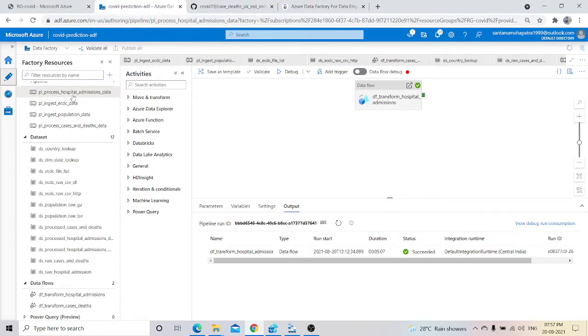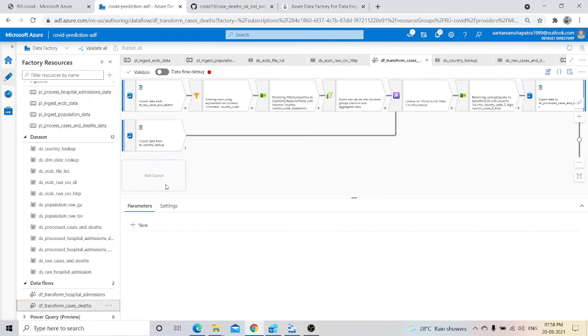I have already created a data flow. First I will explain the data transformation for cases and deaths. Let's open this one. Here you can see my data flow structure. First I have created a sample data flow structure, and it is used for source transformation.